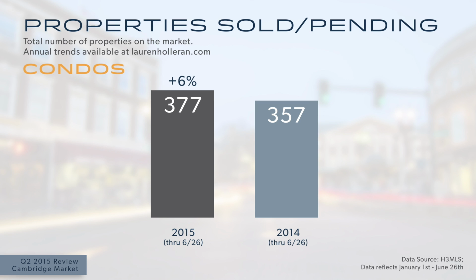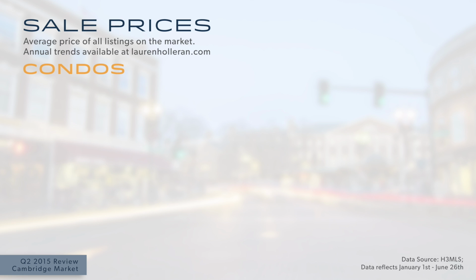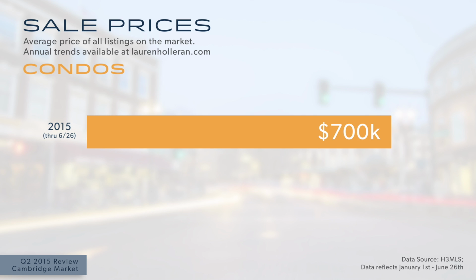So the takeaway from those two elements, one being the overall volume decreasing and then the overall sold volume increasing, shouldn't surprise anyone that we see the average sale price rising. The average sale price for a condo over the first 2 quarters of 2015 was right around $700,000. Over the same period in 2014, the average sale price for a condo was right around